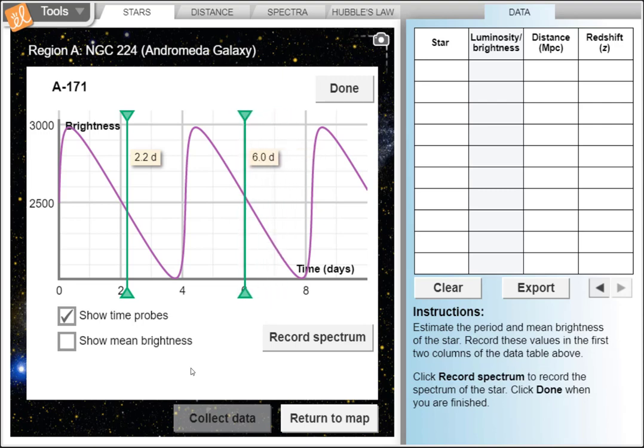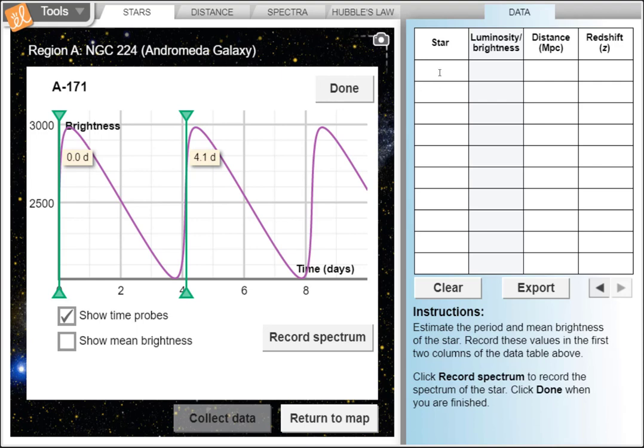So if I put it right here on 6, I can tell that time probe's at 6 days. If I put this one at 2, I can tell it's at 2 days. And I'm going to use those to find how long it takes this pattern of going bright and dim to repeat itself. Because remember, that's what Henrietta Leavitt used to tell us how bright the stars were. So I'm going to put one time probe at the very beginning when it is at that equilibrium point, and I'm going to put the next time probe at the next time it counts equilibrium. I just think that makes it easy because this one's at 0, and I can see this one's at 4.1